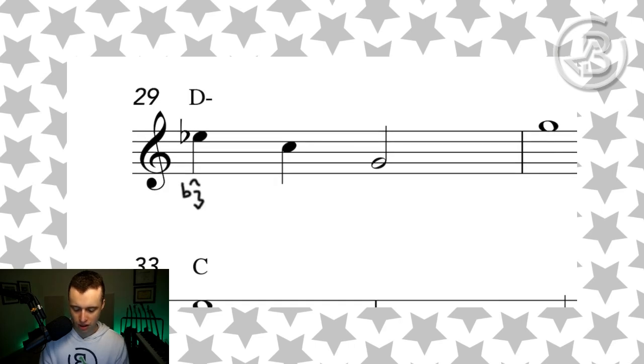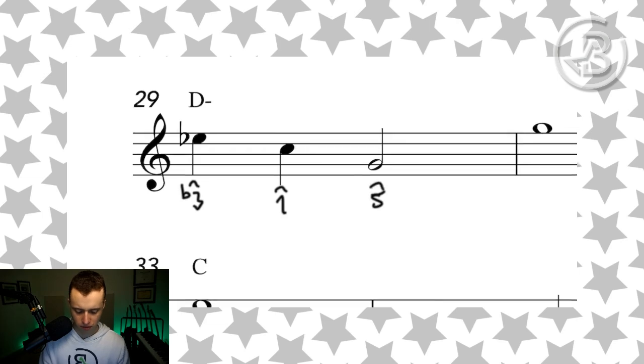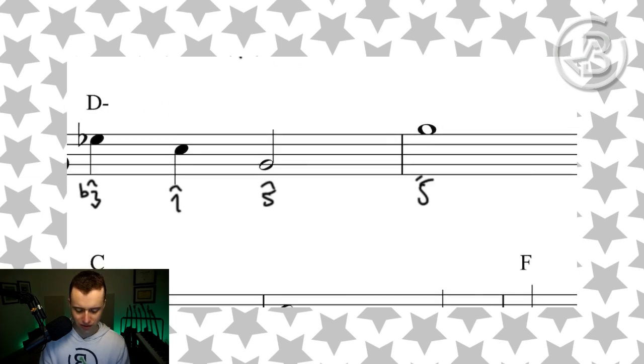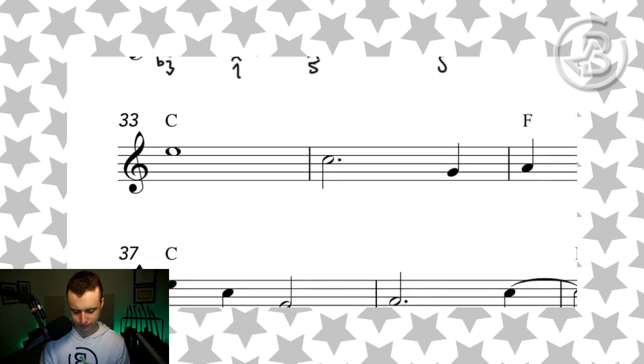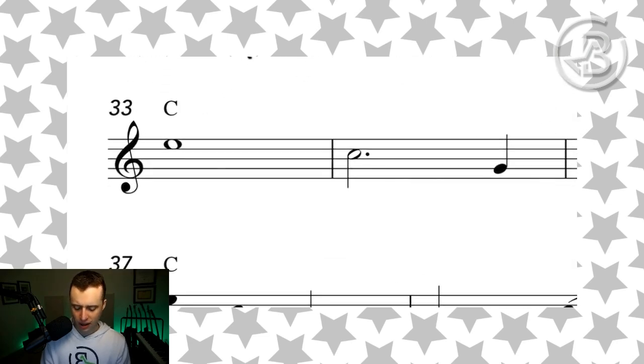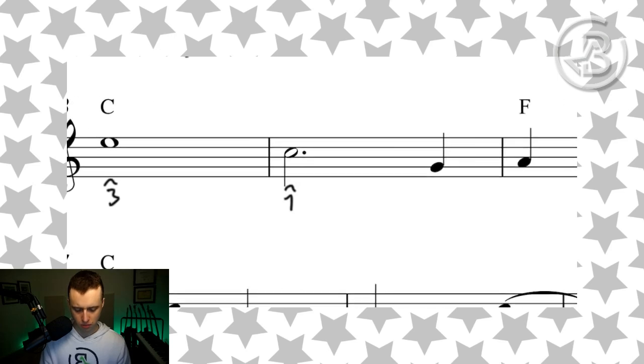Very interesting. With a flat 3. 1. 5. To 5. Fascinating. Love that use of the flat 3 there. Then we have C on 3, just like we did at the beginning. 1,